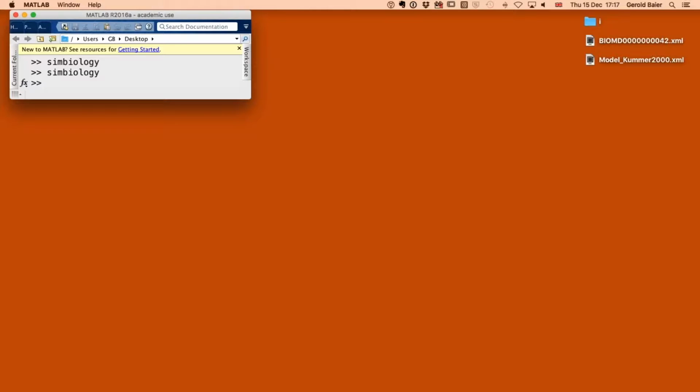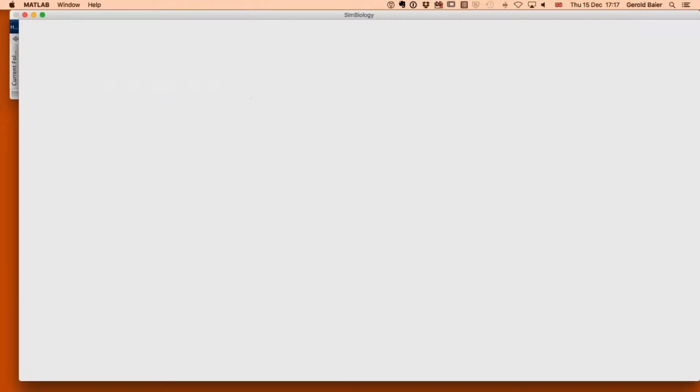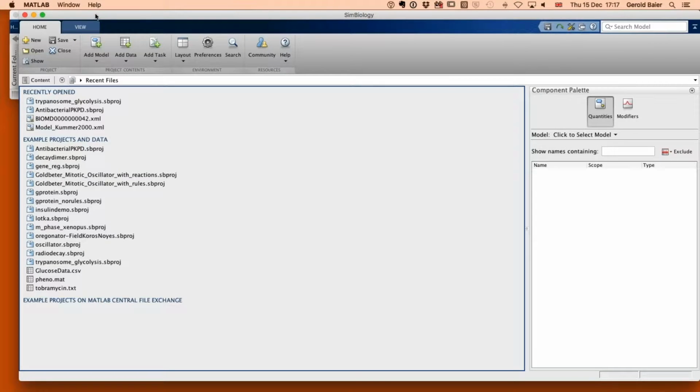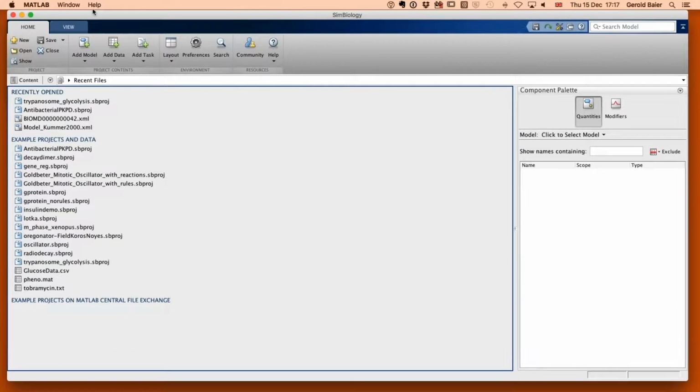I've made the MATLAB command window very small because we're not going to use the command window at all, but by typing in, as you can see, I have done it previously, typing in the word SimBiology. I'll just take it again, highlight the word SimBiology, pressing enter or return. You get the graphical user interface that is the SimBiology toolbox. The first thing we're going to do, we're going to import the model that I just downloaded from the BioModels database and simulate it,